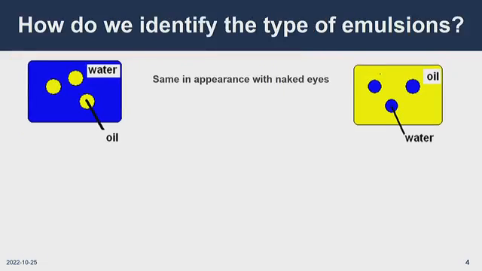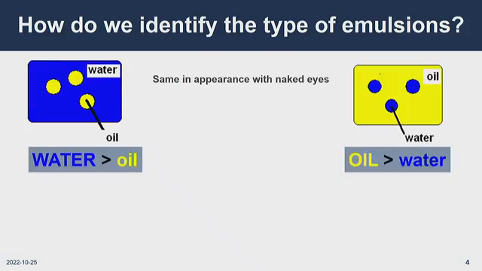How do I identify water in oil? Usually they look the same to the naked eye, so it's not easy. In most cases, in general, in a water in oil in water emulsion, water is a container. So this is why water or water-soluble constituents, proteins, etc., should be in higher proportion compared to the oil. The opposite,